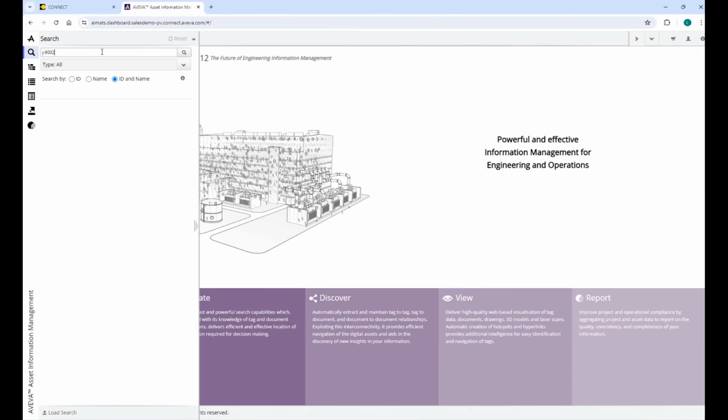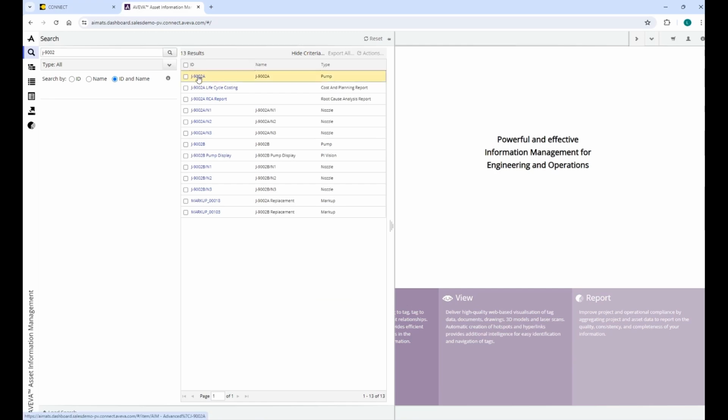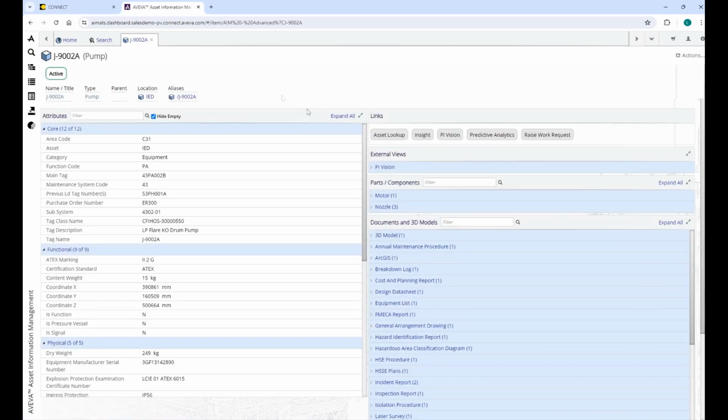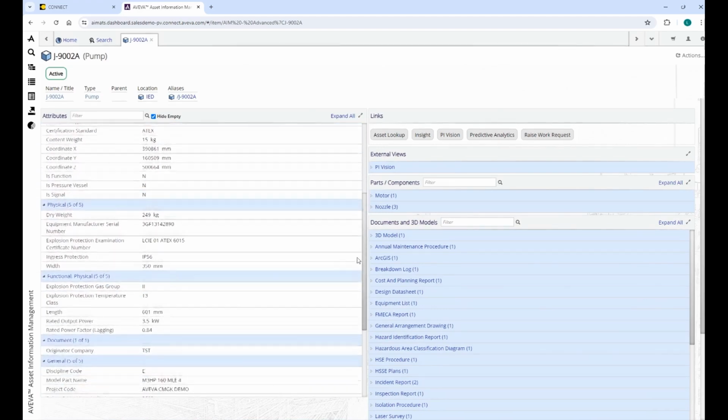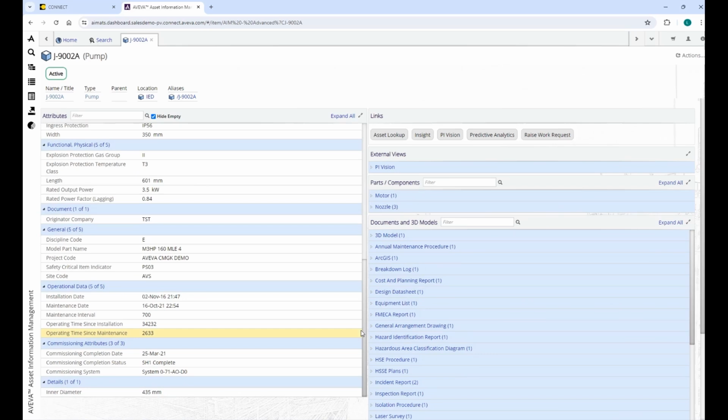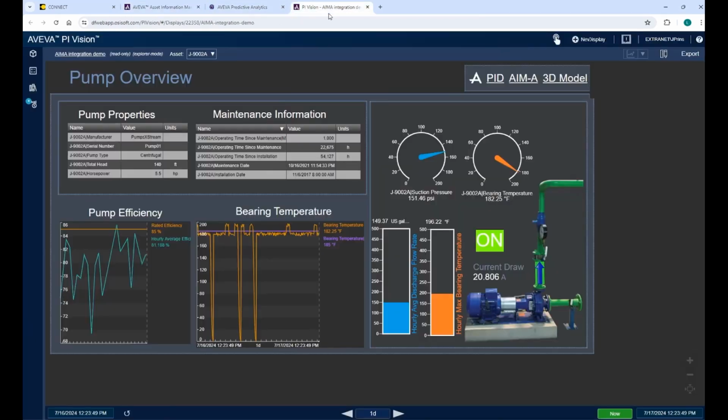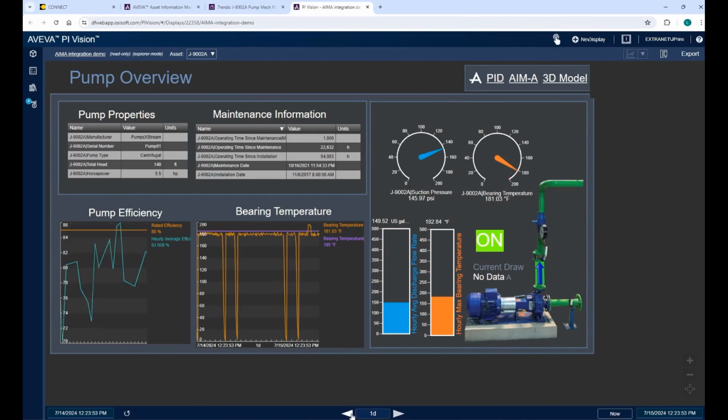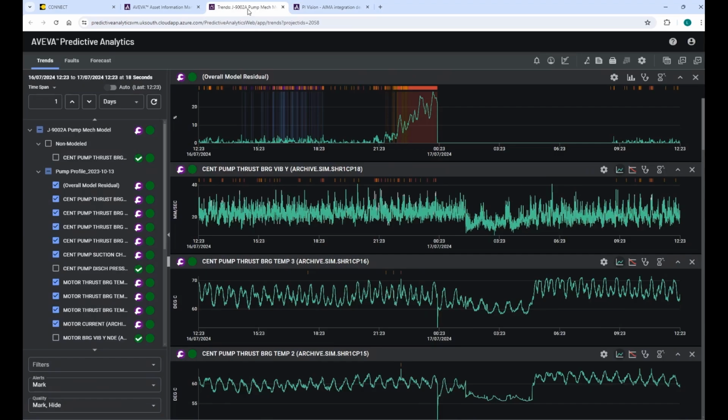At the top left, we have a search bar where you can type a portion of the tag name and it displays all the options where that is part of the name. Selecting the pump 9002 J9002A, we have on the left-hand side the technical specifications, and on the top right, we have links to some of the other software that has been linked to this specific pump that the site has available. Here we are looking at the Pi Vision screen for that specific pump, showing some efficiencies and bearing temperatures,